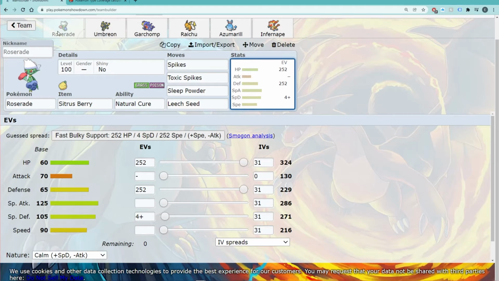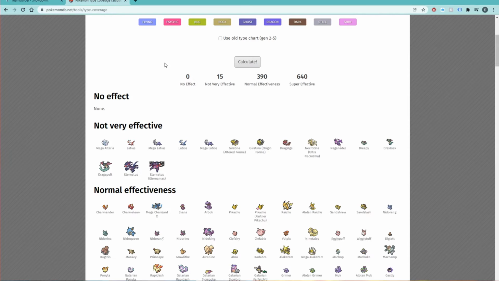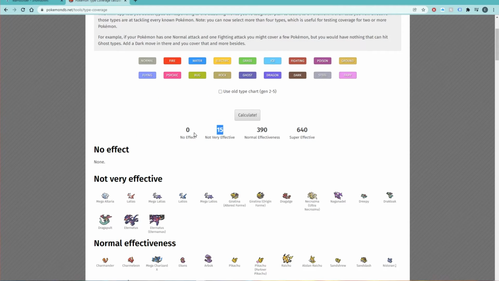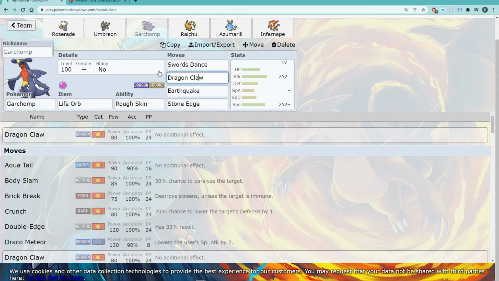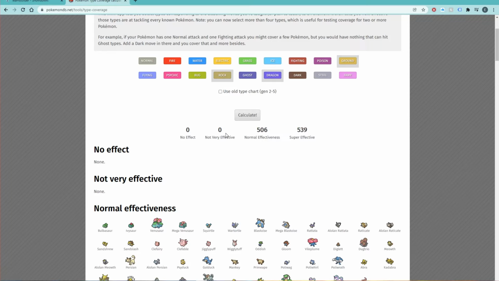If you want, after that, you can go for something like Garchomp, because Swords Dance and 3 coverage moves. Now, this is where this website comes in, because it tells you what you're not very effective in, what you're not going to have effect on, normal effective, and super effective. If we go with this, which is basically your typical Garchomp set, it's going to be Dragon, Ground, Rock. As you can see, you're always going to be hitting something at least neutrally or super effective. Or if you want to change Stone Edge to like Poison Jab,